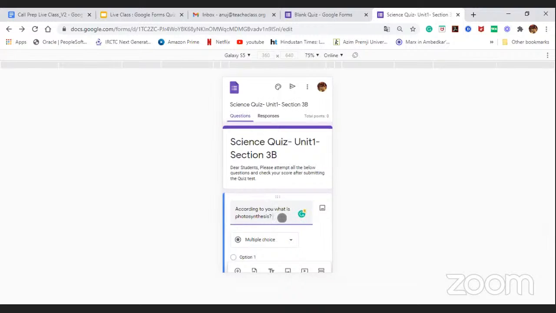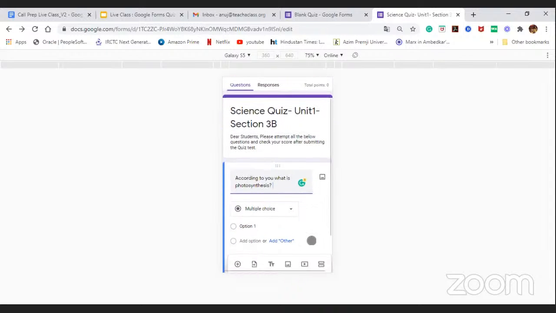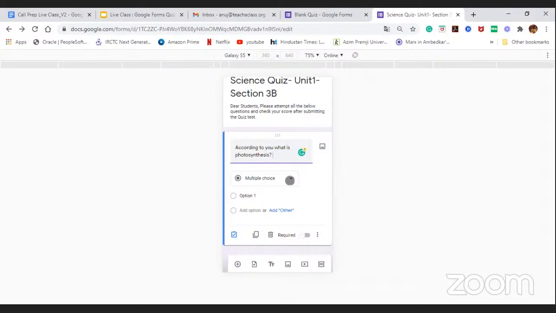So I put a question like, according to you, what is photosynthesis? And I can select my question type too. How can I select the question type? You just need to click on this arrow button,